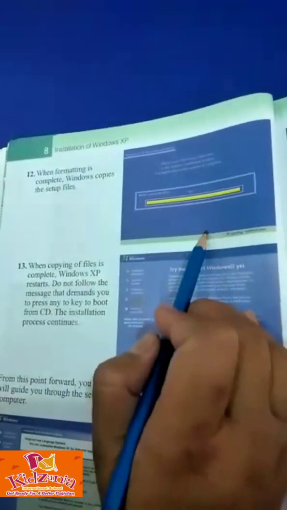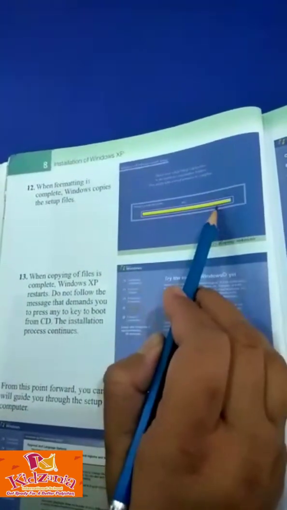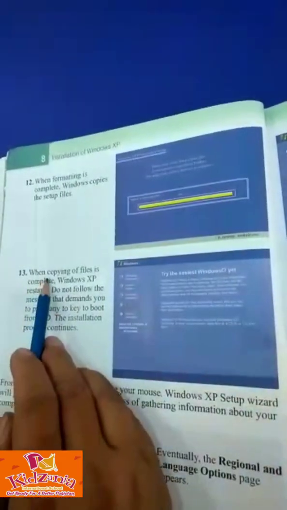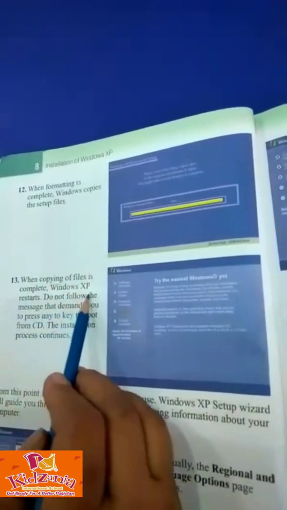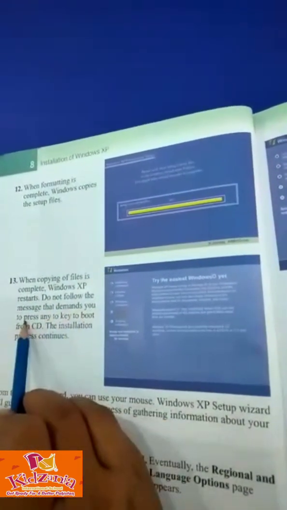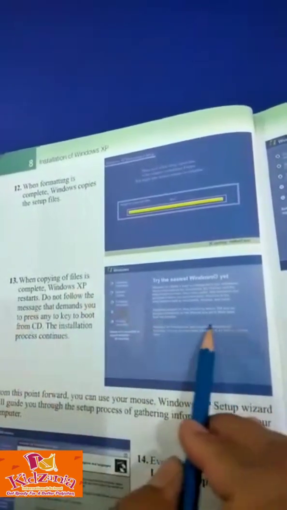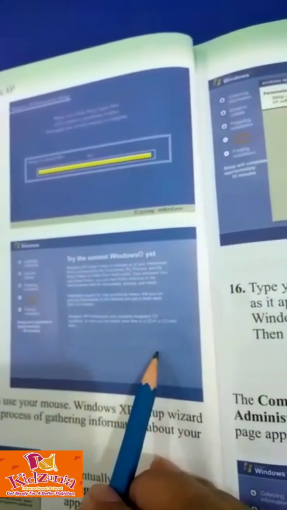Look at the picture. As you can see in the picture, formatting is completed. When copying of files is complete, Windows XP restarts. Do not follow the message that demands you to press any key to boot from CD. Look at this picture.